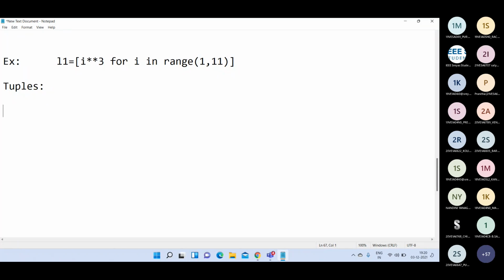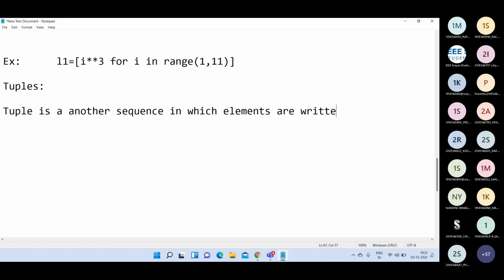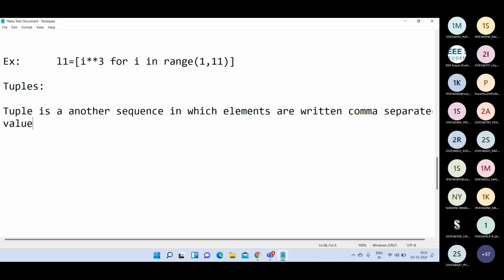Tuple is another sequence in Python in which elements are written as comma separated values between the parentheses.